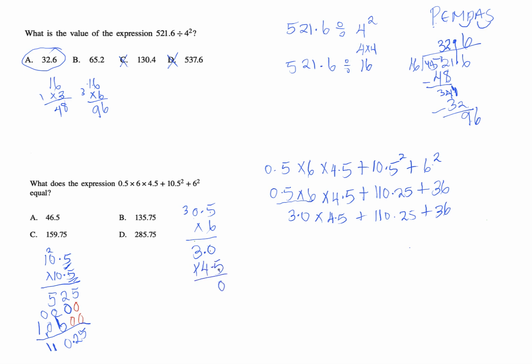5 times 0 is 0. 5 times 3 is 15. 4 times 0 is 0. 4 times 3 is 12. 0, 5, 3, 1. And how many decimal places do I have? 1, 2. So that's going to be 13.50, which I'm adding to